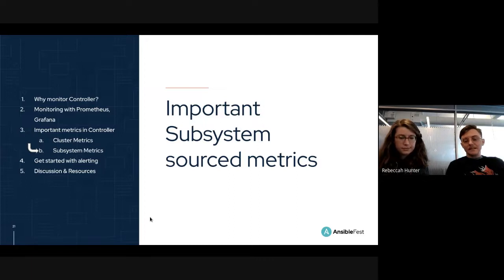It's not in the database. So like each time the task manager runs, it's going to send information to Redis, and then the metrics are able to pull that information from Redis. But that information is not in the database. So say if you restarted the application, there's no getting it back.